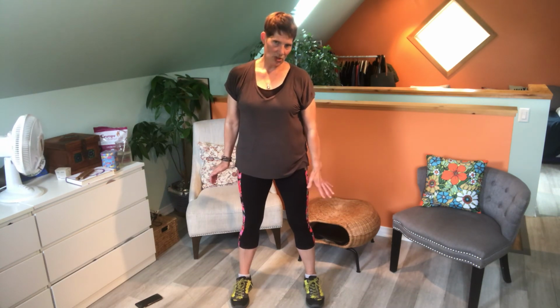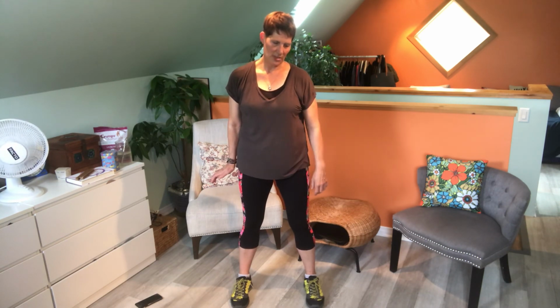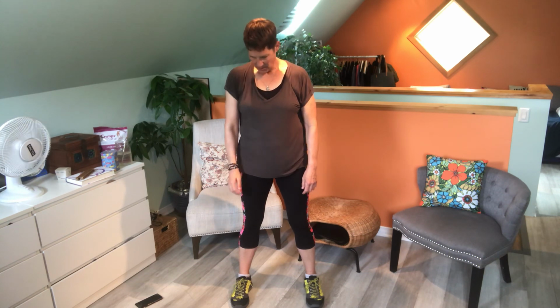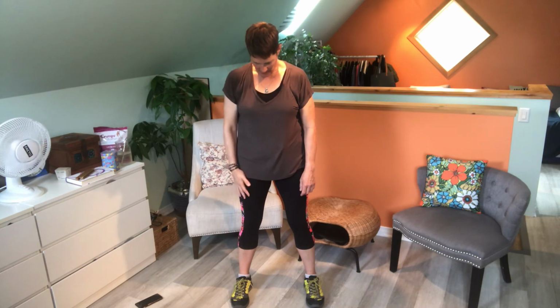Unlock your knees if you find you're locking your knees right now. Check in and uncurl your toes. If you're clenching your toes, let them go. Just go up against that imaginary wall. And then slowly bring the head to center. And then you can release that shoulder with a slight rotation. And then just picturing the crown of the head, go ahead and drive the head up